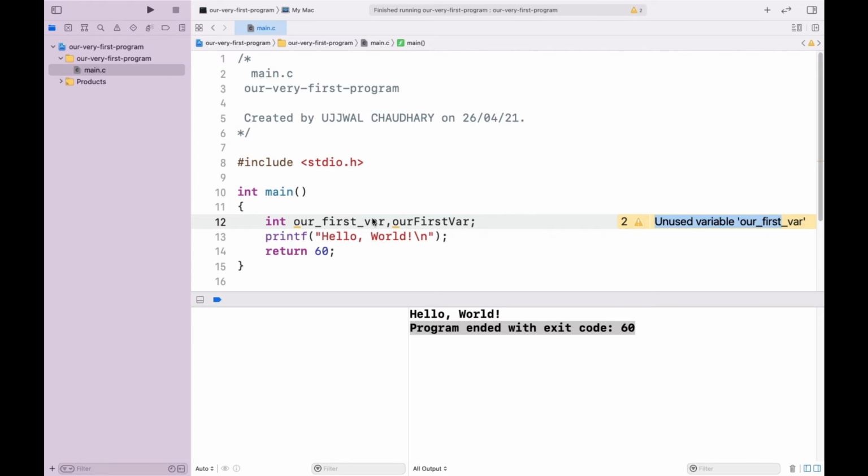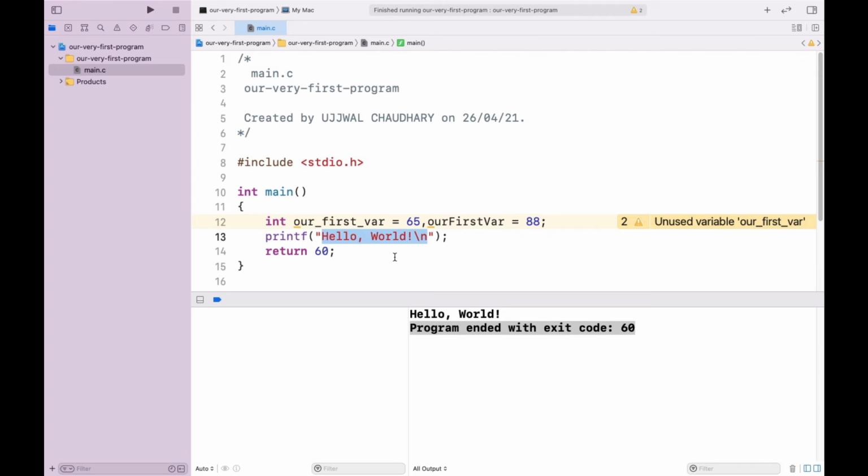This is saying that you have declared these variables, but you are not using them anywhere. So firstly we need to give them some value, and what value will we be giving? We will be giving them an integer value only because they are integer variables. So I am giving this variable the value 65 and this one the value of 88.